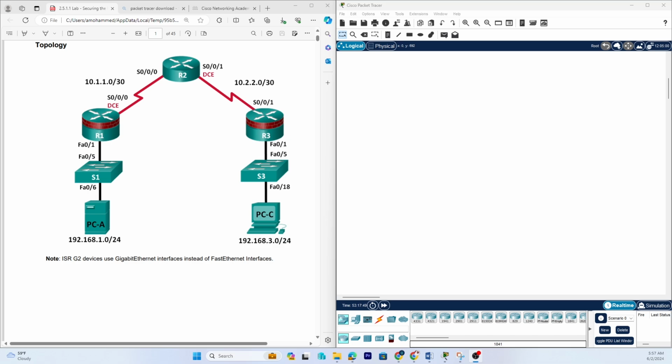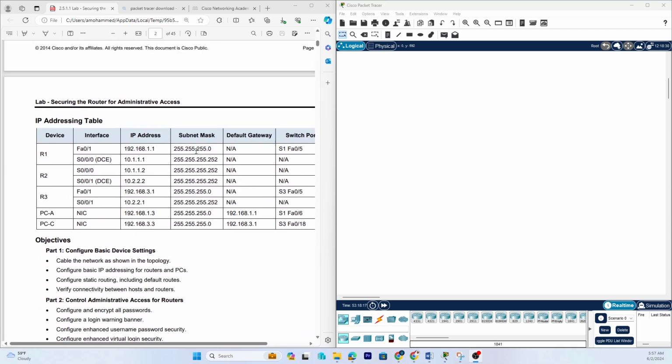So this particular video is going to be just the basics of how to configure this topology: put in PC-A, switch 1, router 2, router 3, switch 3, and PC-C. I'm just going to set them up, put them up and connect them together. Then I'm going to walk you through the lab. This is like a lab setup. As you can see, there is a whole